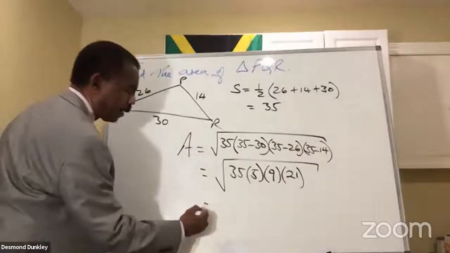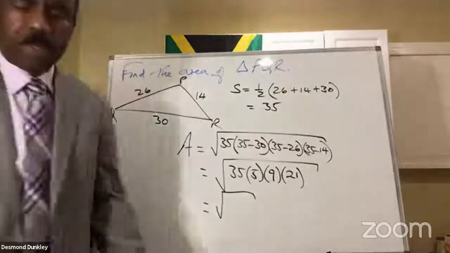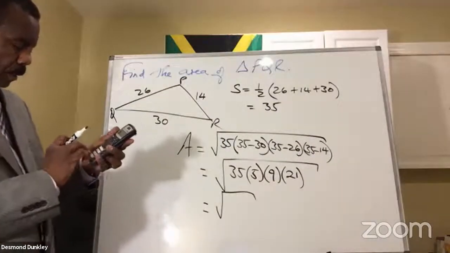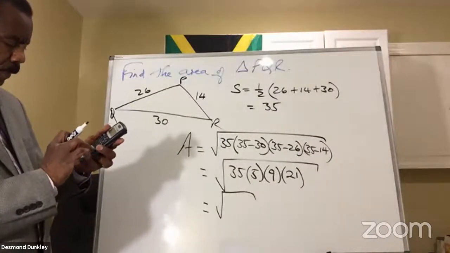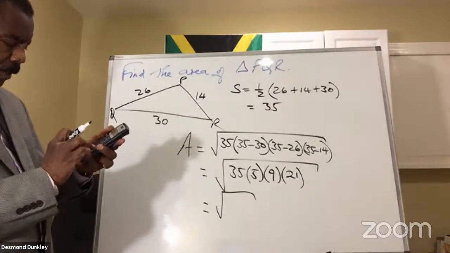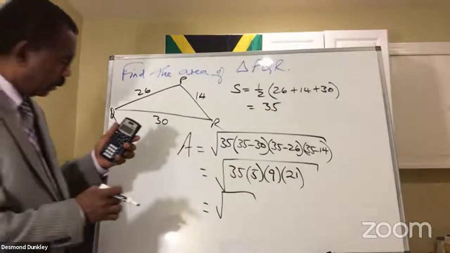And from here, we use a calculator, it's the square root of 35 times 45 times 21 equal to